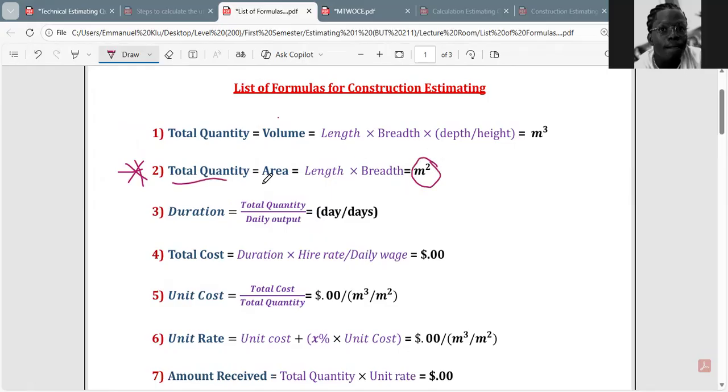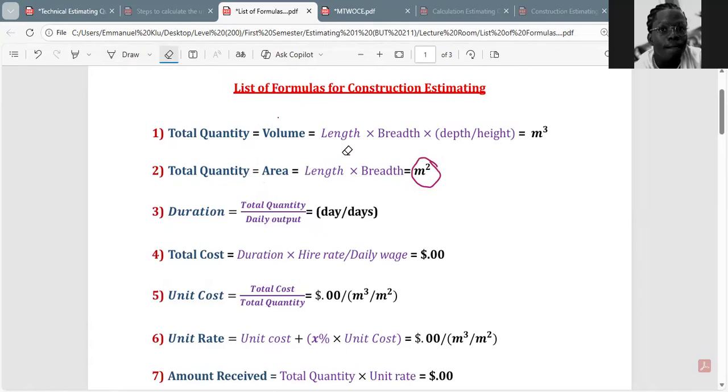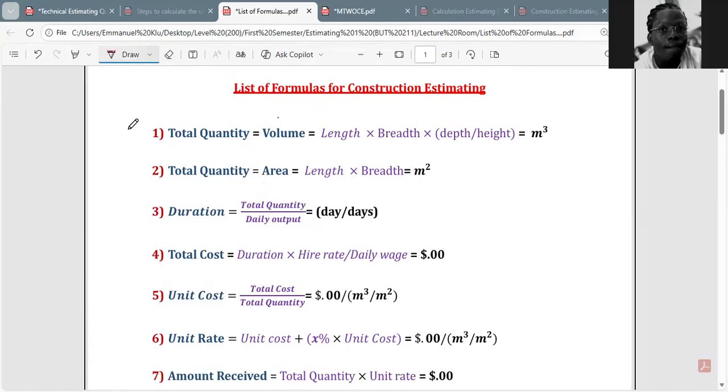So our total quantity is the same as our what? Area. Exactly. But take note, the one we are doing now is volume of excavation. Since it's volume of excavation, we have to put more emphasis on this one, which is the meter cube. So the total quantity is the same as the volume of excavation, and the volume of excavation is the same as the area